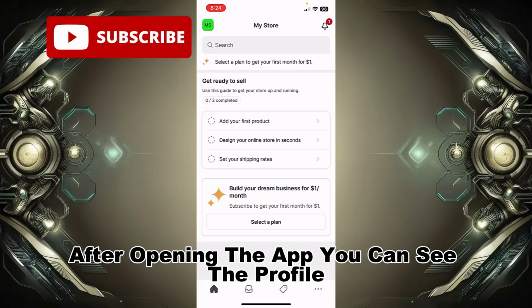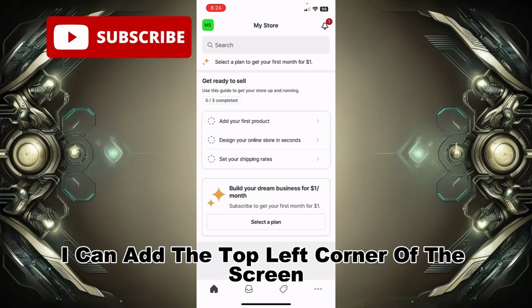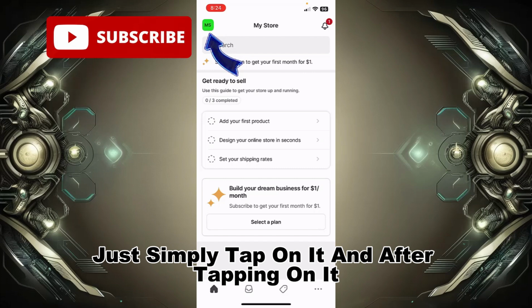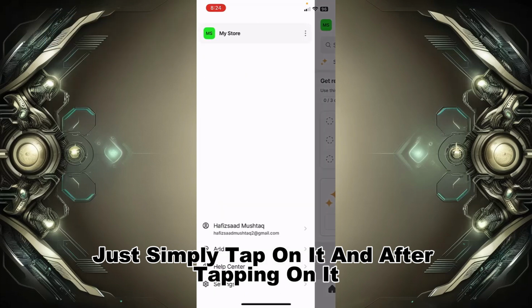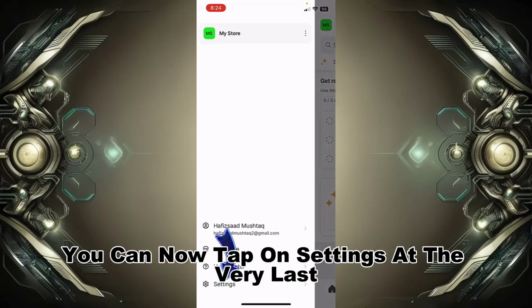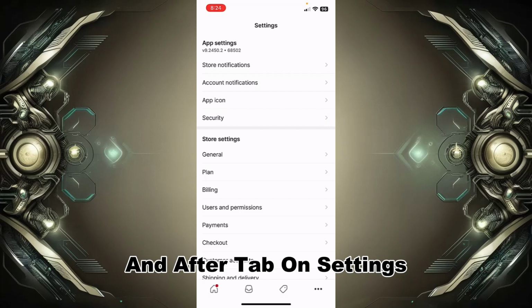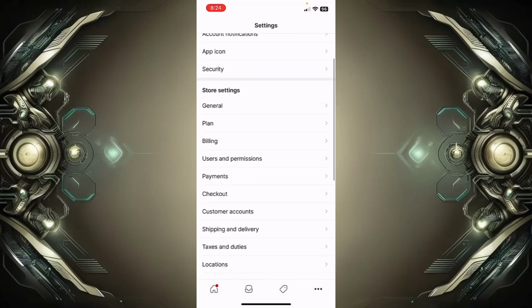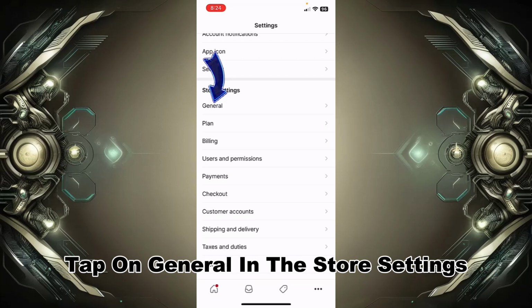After opening the app, you can see the profile icon at the top left corner of the screen. Just simply tap on it, and after tapping on it, you can now tap on settings at the very last. And after tapping on settings, you can just simply scroll down, tap on general in the store settings, and after